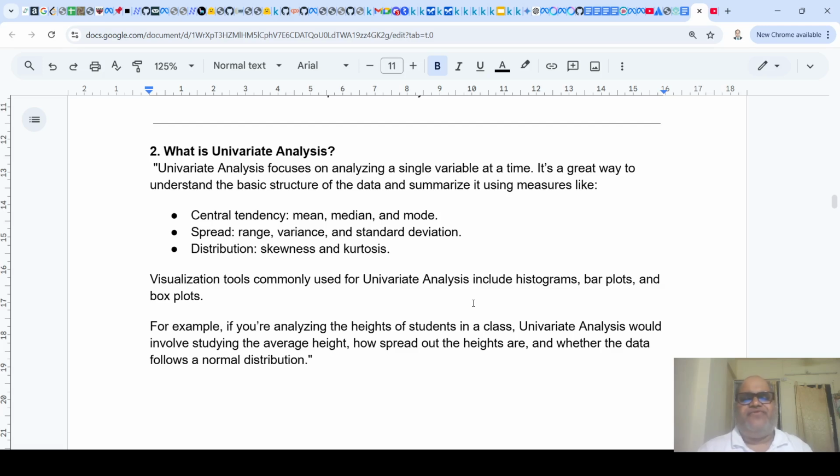Here, before you start looking at more than one of those variables together, you first look at a single variable at a time, and then you try and understand the basic structure, look at how you can summarize it, and then try and plot it, and